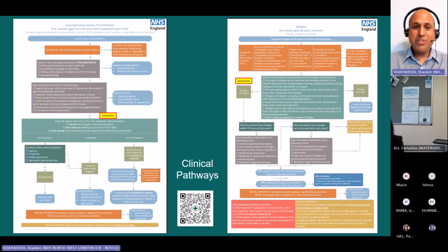I don't expect anyone to know the detail, but just to understand the concept that it should be more standard and consistent across pharmacies, that they're all trying to follow the same pathways and protocols. And even if you ever get into confusion where you don't know why they